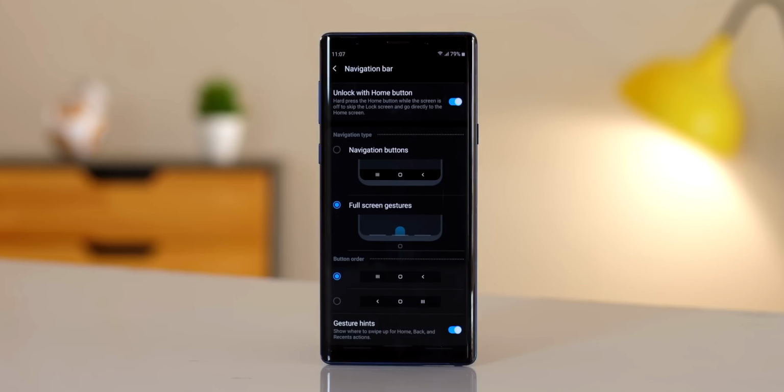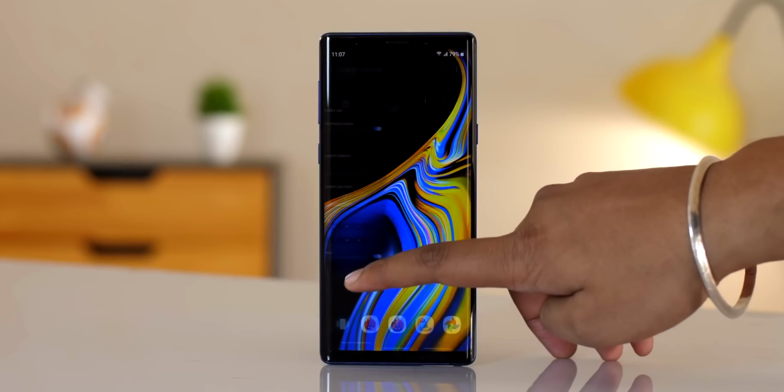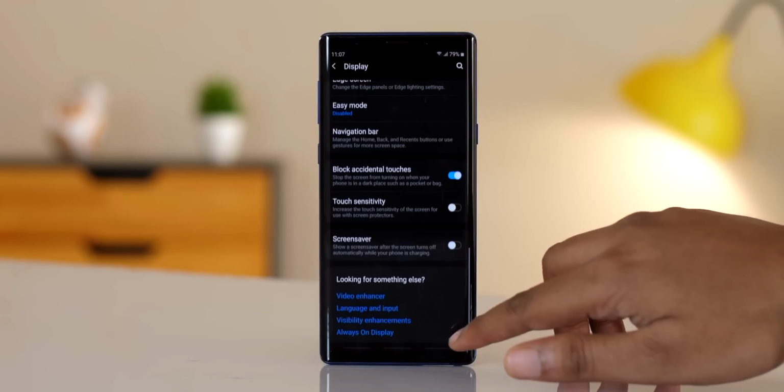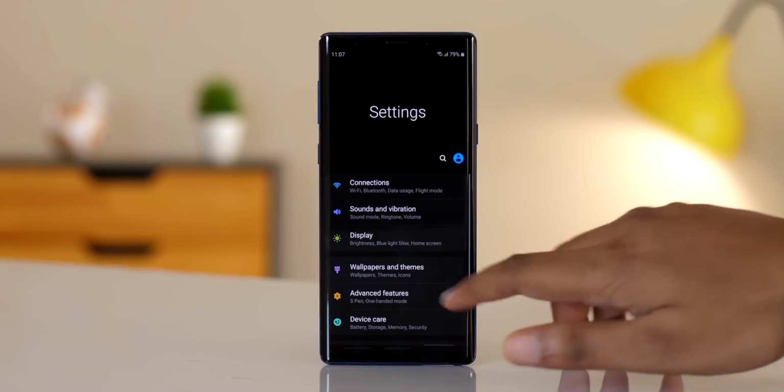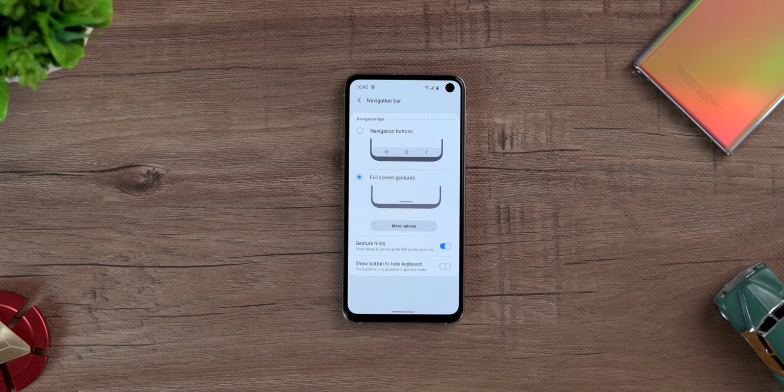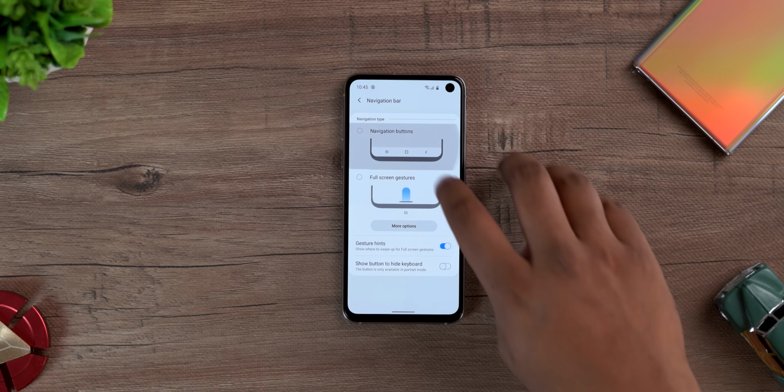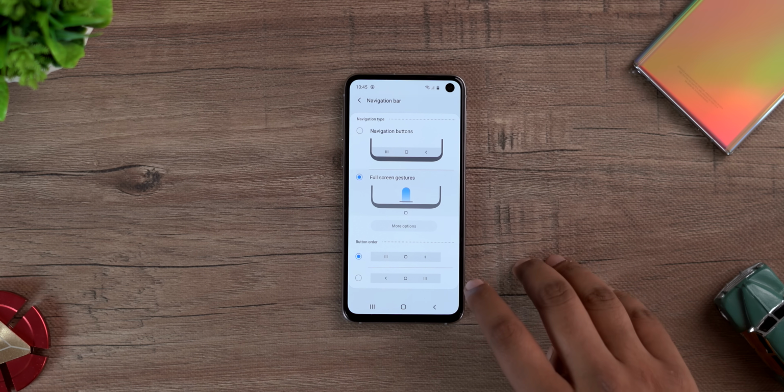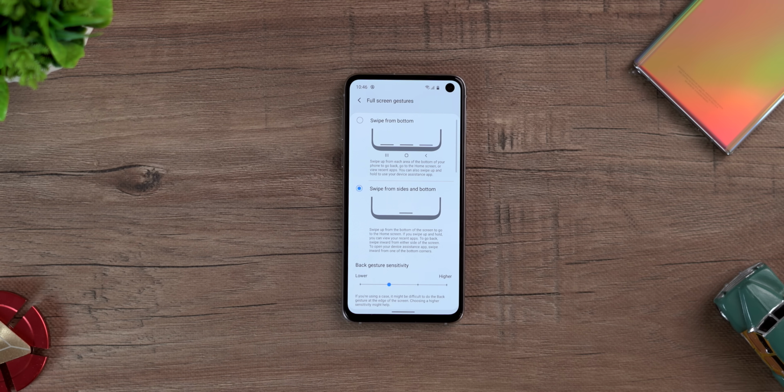Look, I've never really liked Samsung's implementation of gestures in One UI. It just felt cluttered and not really well thought. I mean, you couldn't even switch apps quickly. Anyway, good news, One UI 2.0 brings Android 10 gestures on board. You still have the navigation buttons option or the Samsung gestures, but yeah, the Android 10 gestures, while not perfect,